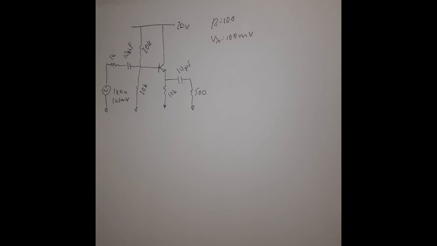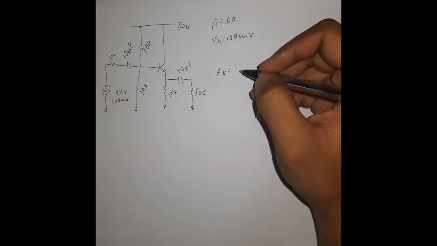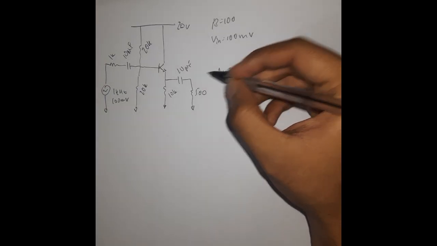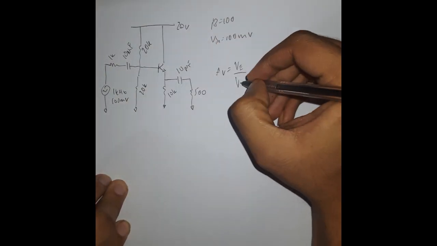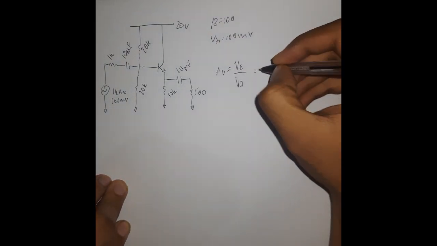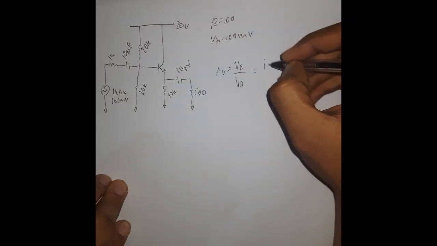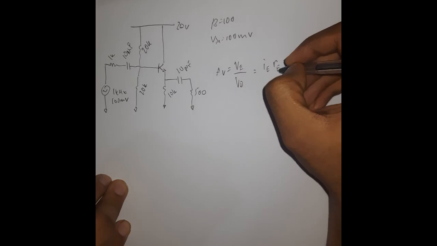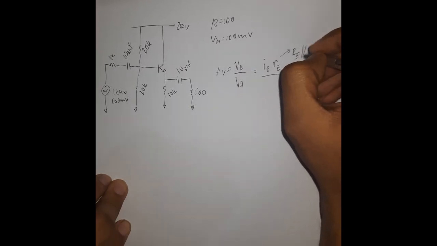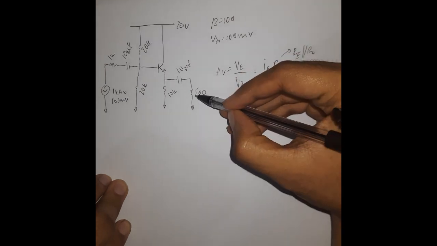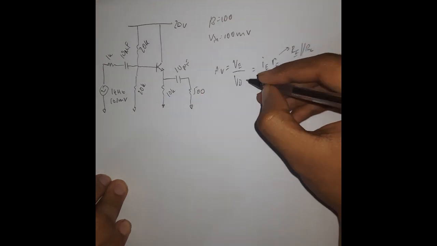At first we're going to focus on the voltage gain. Voltage gain AV is equal to the output divided by the input. The output is the emitter voltage, VE, divided by the input, that is VB, the base voltage. For the emitter side, we have IE into RE', where RE' is the parallel of RE and RL, that means the emitter resistance and the load resistance. On the denominator,